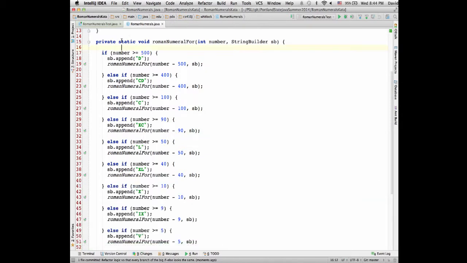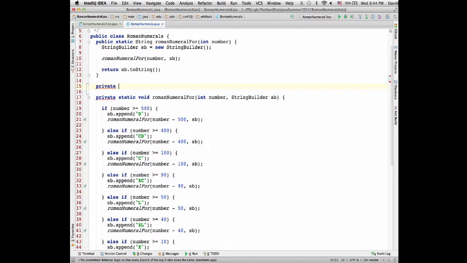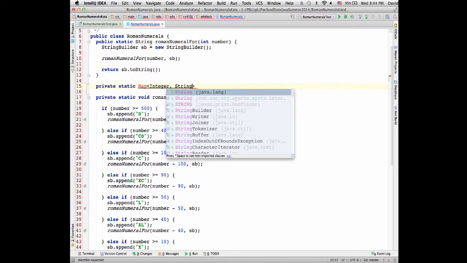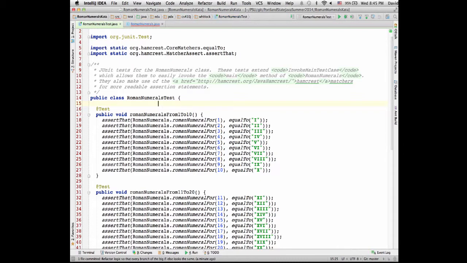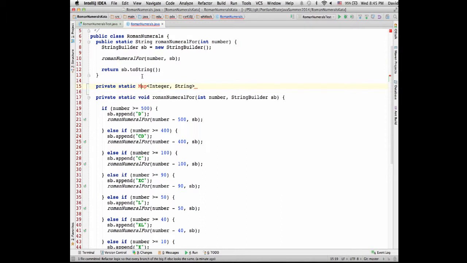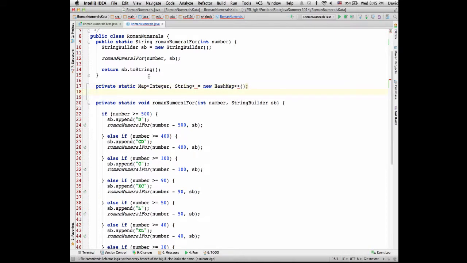So let's see here. Private static map from integer to string. That's minus 2. For class, Google Maps. There's new hash map. Oops. I don't want to call these. I'm going to say